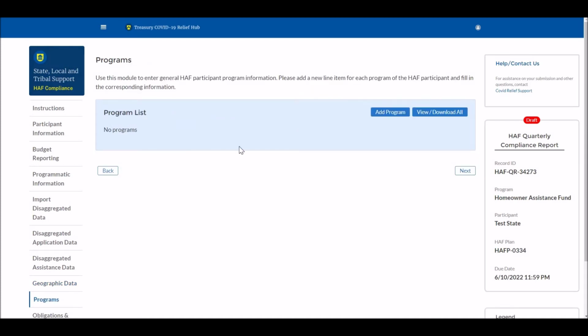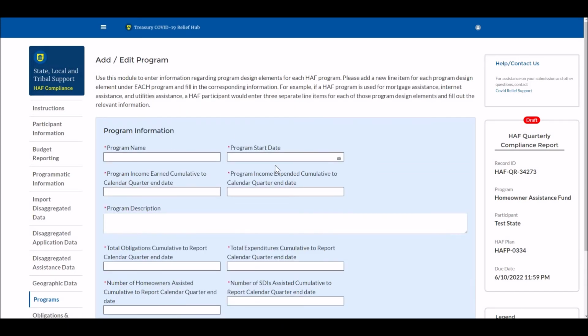And we are now on the Programs page. Here, you're going to enter general HAP participant program information one by one by using the Add Program button available on your screen here. Let's try to demo by adding a program ourselves. So again, I'm going to click the Add Program button, and that will direct us to a new page